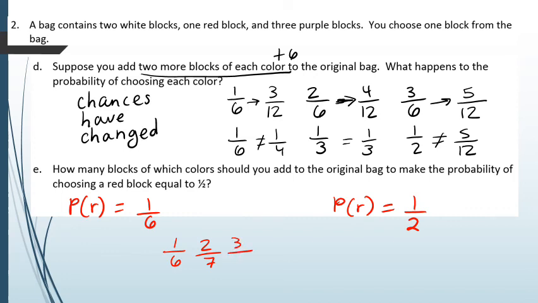So we kind of have to keep adding red blocks. Let's add another one, which would mean another total block added to the bag. Another one, which would be another added to the bag. Kind of keep adding one more block at a time, which also increases the total number of blocks one at a time until we get to something that's equivalent to 1/2. Next, we're going to get 5 out of 10. And you might recognize that 5 out of 10 is equal to 1/2. So how many blocks do I actually have to add? Well, I need to go from 1 red to 5 red. So I'm going to be